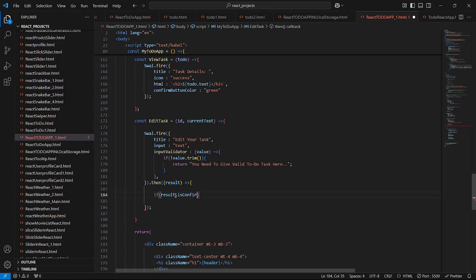If this is the case, we will check another condition. We will make it more and more robust and dynamic, and an error handling application as well. So result dot value, result dot value dot trim. Trim means it contains something, this input field contains something, and it is not blank or an empty string. If this is the case,